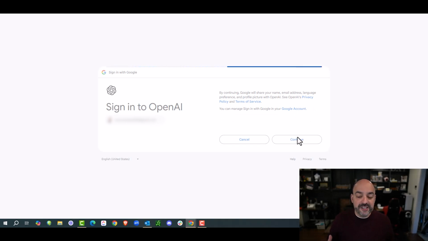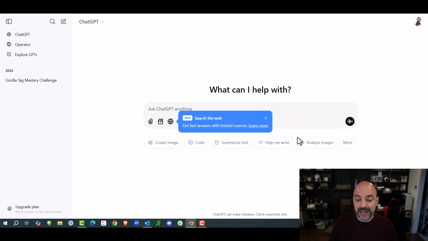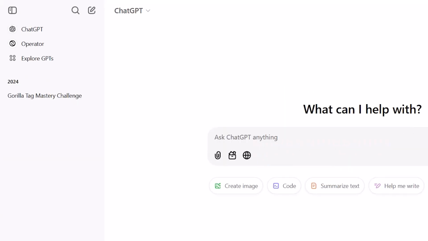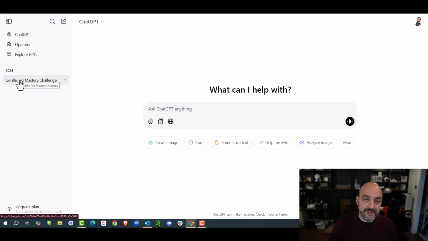And as you can see, it's going to bring me right into my free account. Now, this is a free account. And as you can see, it's got some things on the left-hand side, and I have my kid working on this. So he's been doing some things for his games and things that he's trying to make. But just to give you an idea, it has a list of the bottom things that you have access to that you actually can use.